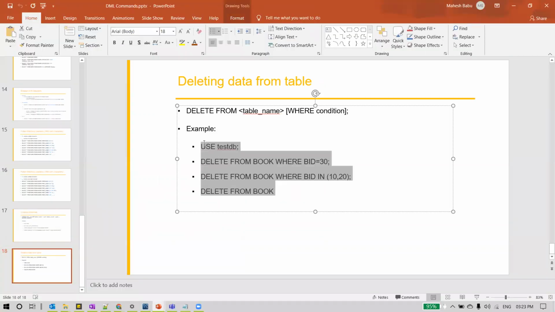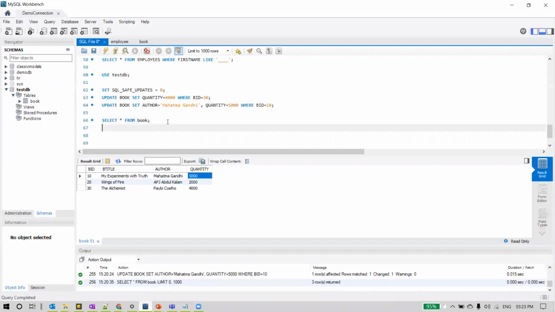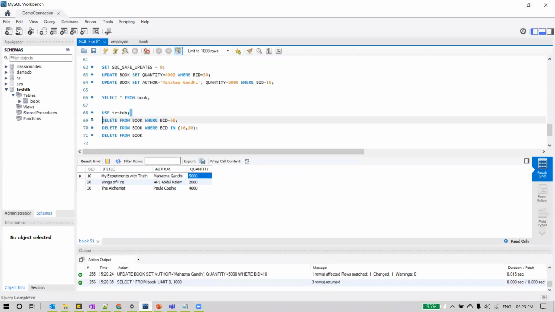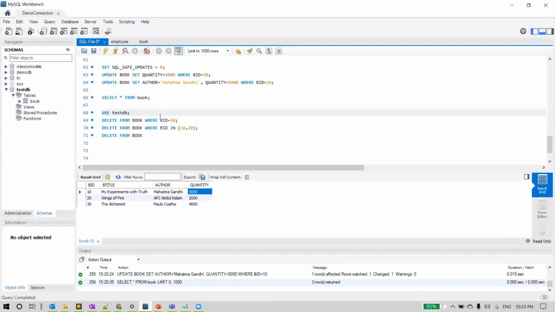So let us see how to delete some rows from the table. We're already in the context of this testDB schema, so we don't need to execute this again. Now observe, I wanted to delete one row, so I don't want to delete all the rows from this table.